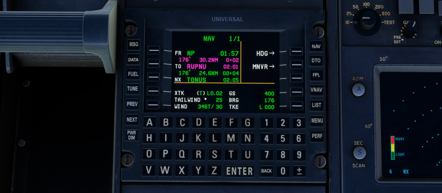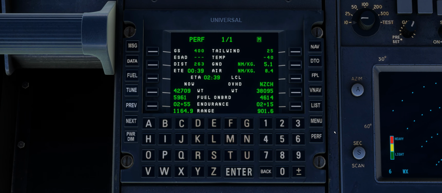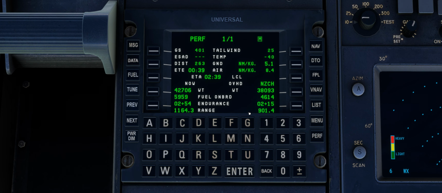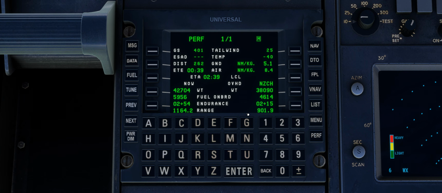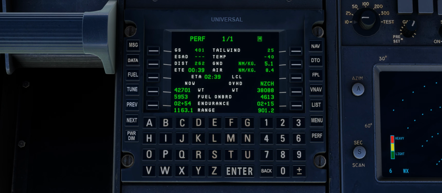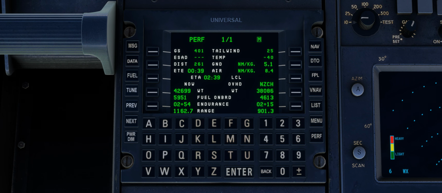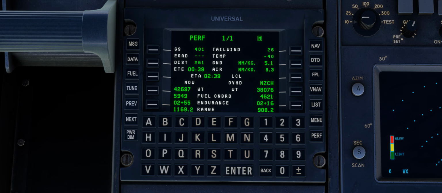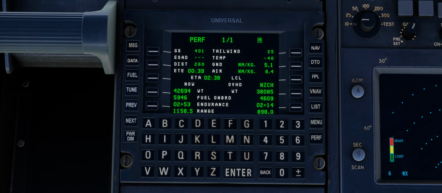path offset. On the performance page, we can see the aircraft's current fuel situation, including the time at which we are currently estimated to arrive at our destination and the amount of fuel we expect to have remaining once we land. If, for instance, we have a very strong headwind, we could be burning more fuel than expected, and we will be able to tell from this page if we could still make it to the destination with a safe amount of fuel remaining. As we are only flying a short route a day with full fuel tanks, this shouldn't